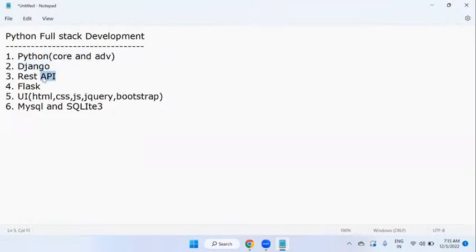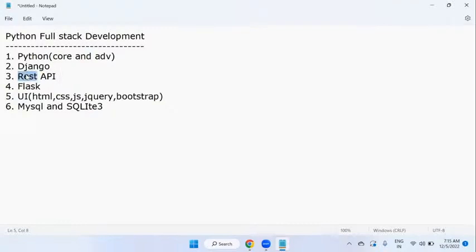It's an extension subject of Django. Using Django along with Python code, we are going to generate APIs, application programming interface. That too, this API is going to be generated by REST architecture, representational state transfer. This is REST architecture. Nowadays, most of the programmers in real time, they are going to generate APIs by using